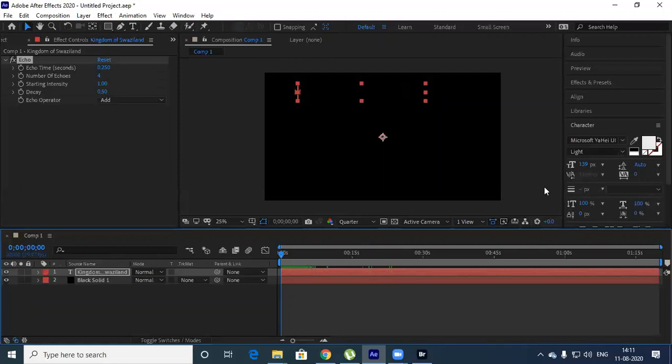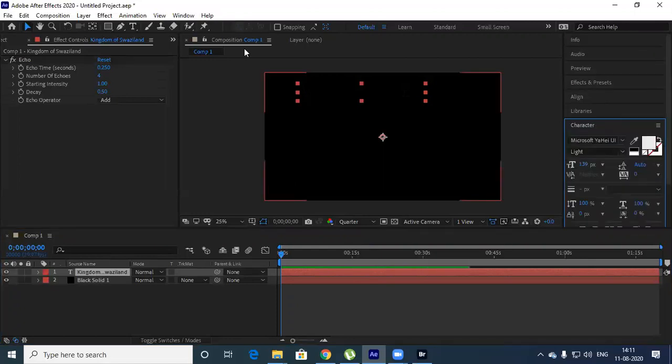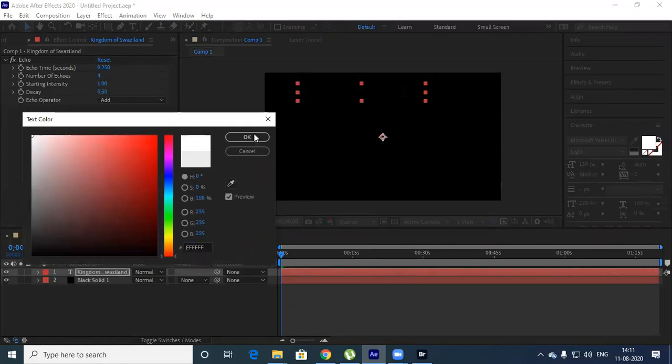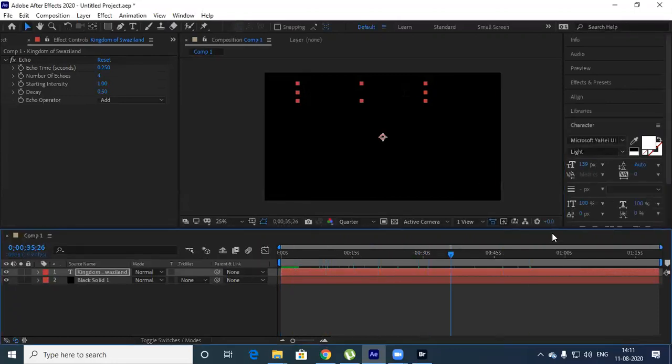Okay, I think the text color is black. Let me select this. Just come to character. So I should give white. It should come.